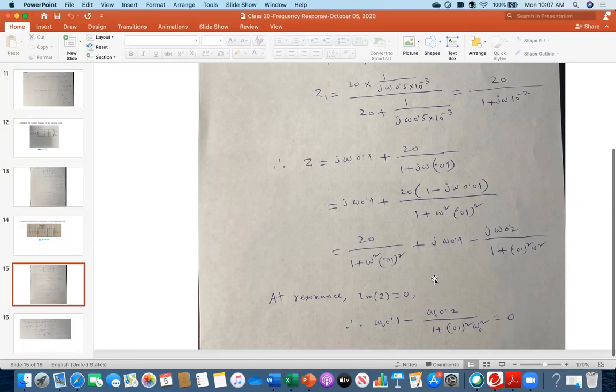Once I get that correct Z, then I'm writing that at resonance the imaginary part of Z is 0. And you see this portion is the imaginary part. Everybody, did you get this one or are you still struggling with calculating Z? By following the steps that you put, I was able to get that answer. Okay. I said that you might write in a different format. I have written 0.01 squared and left it in that format. You might express it a different way, but whatever format you use, ultimately you should get the same result, 100 radian per second.